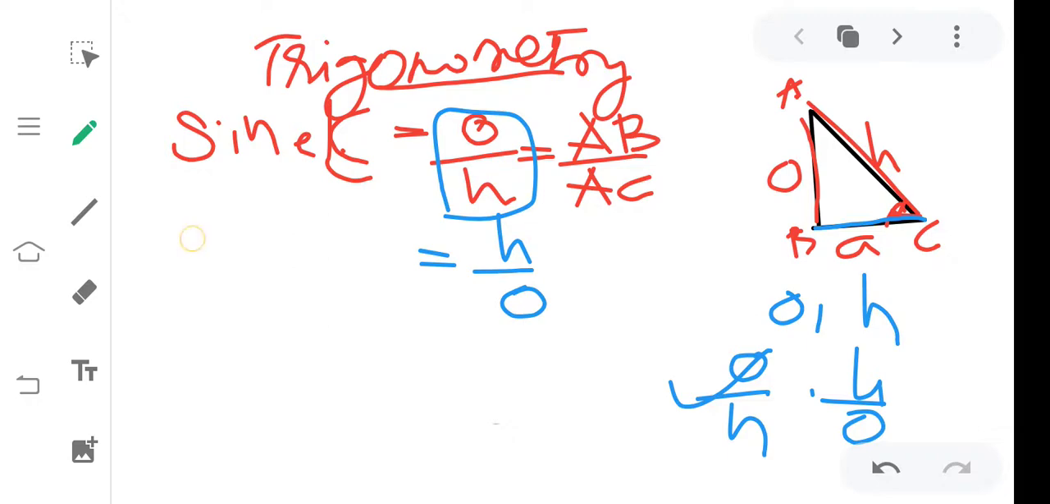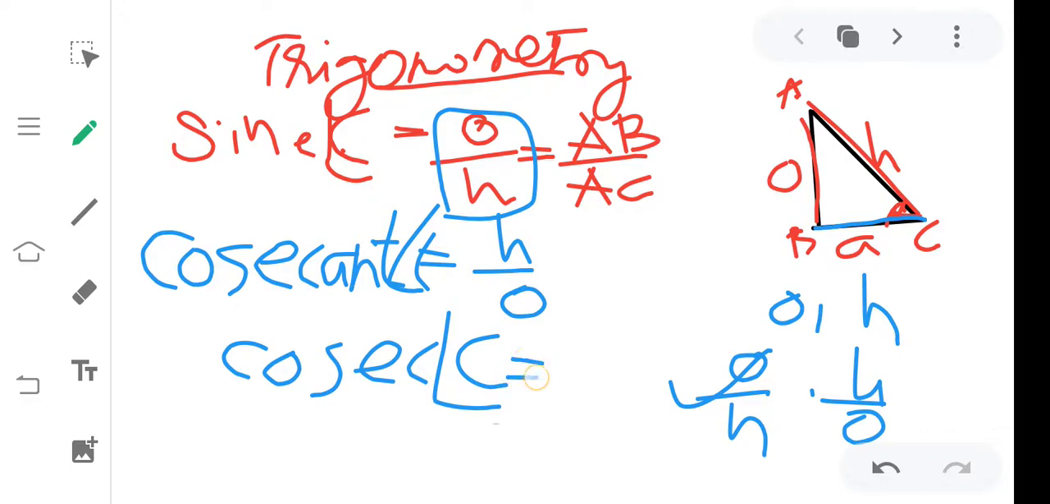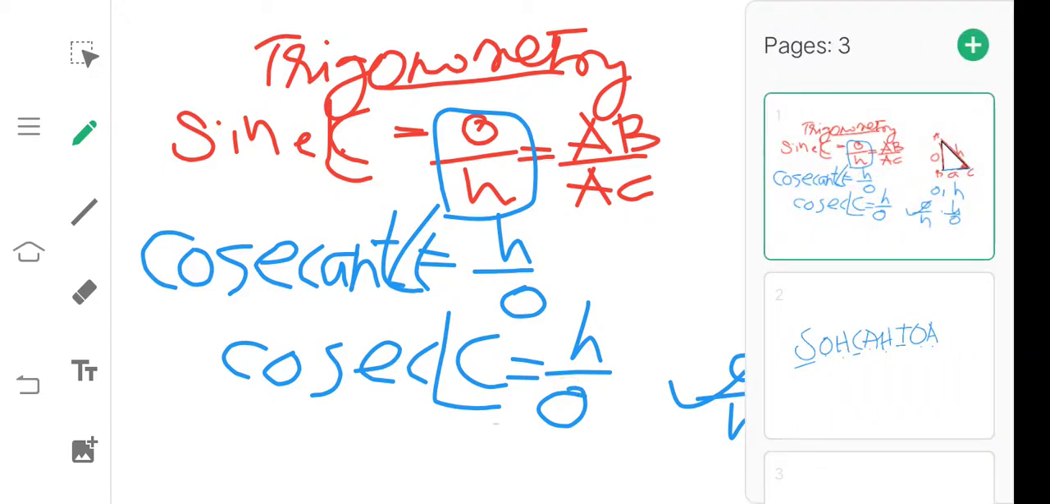It can be written as cosecant of angle C. What is that? Cosecant of angle C. In short, we write it as cosec C, cosec angle C, which is H by O. Okay, that means